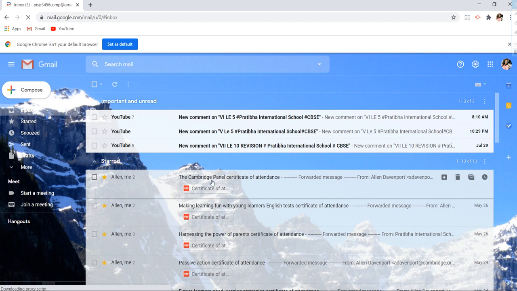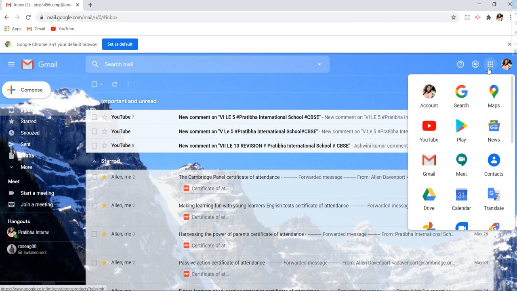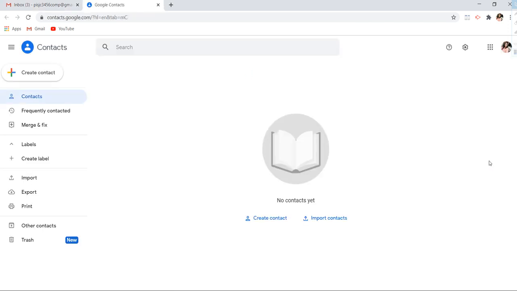So this is my Gmail account. As I'm using Windows 10, we are going to start with the contacts: how to add, how to edit and how to delete. Now this is my G Suite. Next to my Gmail account, I have all kinds of Google apps. Go to Google Apps and you will find Contacts over here. Click on Contacts. A new tab will appear on your screen, showing Google Contacts.